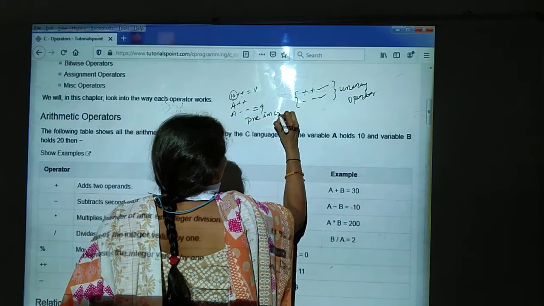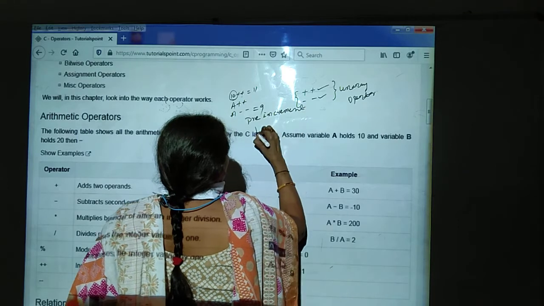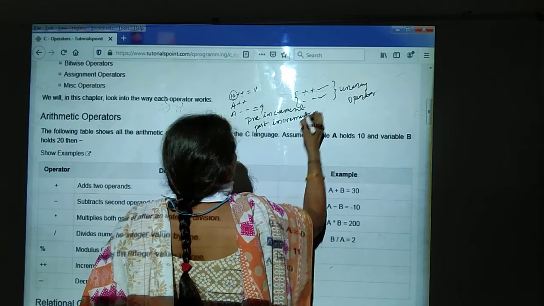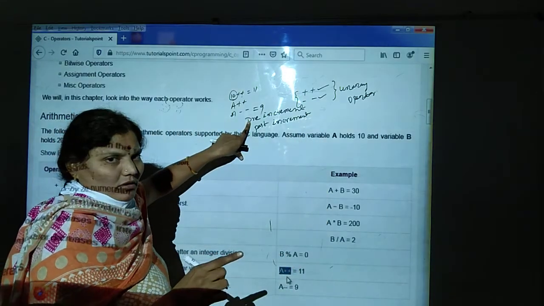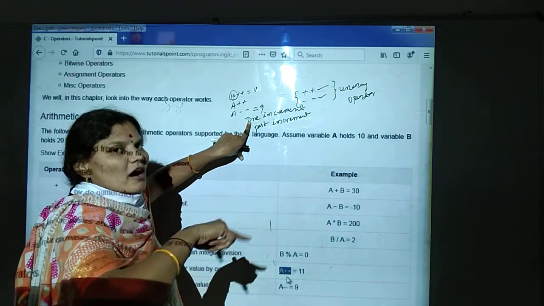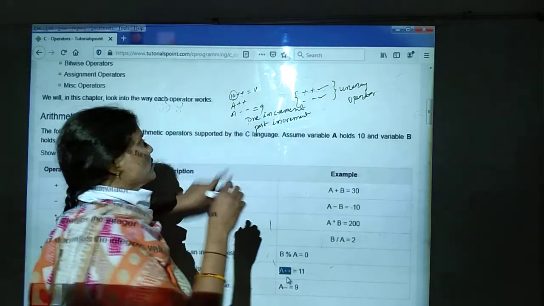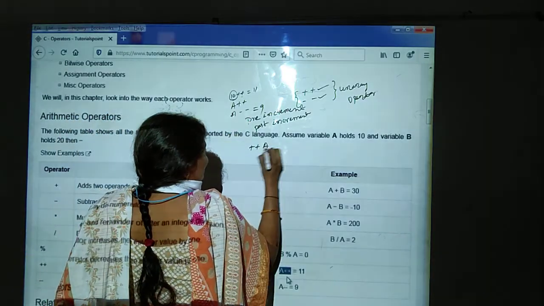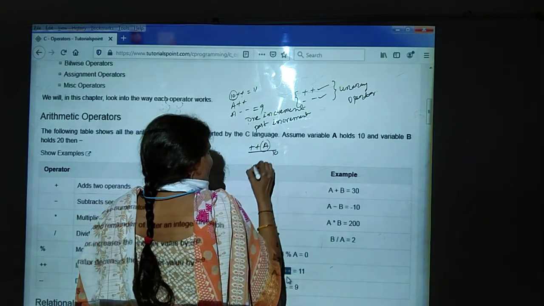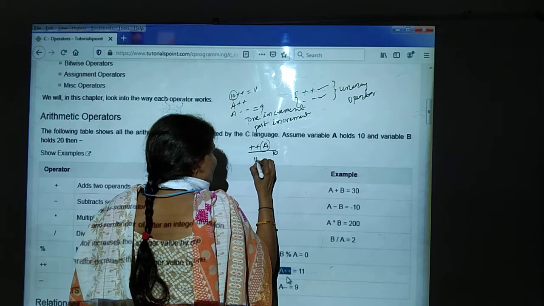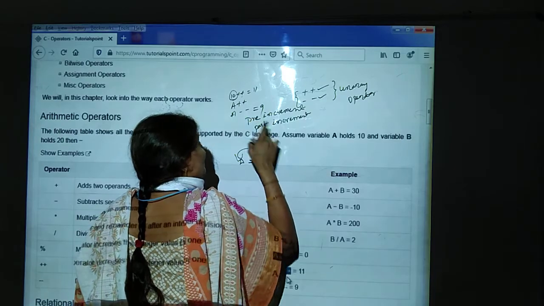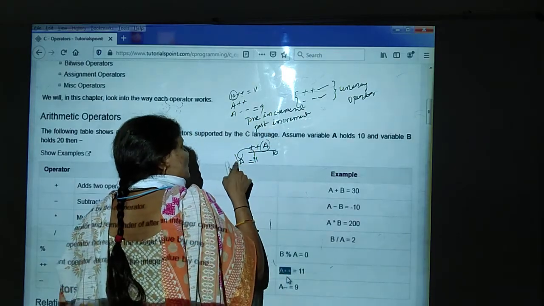Pre-increment and post-increment. What is the use of the pre-increment? Whenever we are assigning the value to the variable, before the value is assigned, it will be incremented, and after incrementing the value will be assigned to the variable. Plus plus a, if you are writing that, what is the meaning here? A will be holding the value 10. Then first the value will be incremented by 1, then it will be assigned. This one is the pre-increment. First the value will be incremented, after that the value will be assigned to the variable.